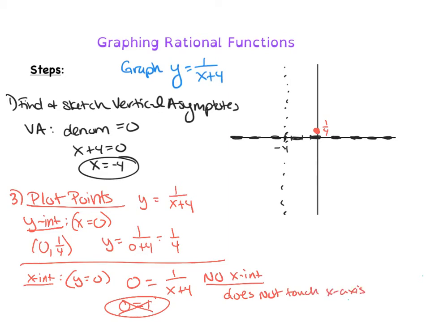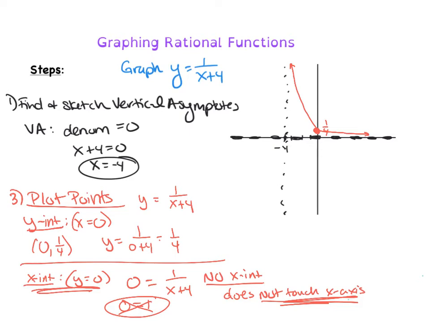So up here where we have y equals 1/4, we know a lot of information now. We know that the graph has to get closer and closer and closer to that horizontal asymptote. We know that it can't cross the horizontal asymptote because it doesn't touch the x-axis because there was no x-intercept. We also know that the graph has to go up this way, getting closer and closer to that vertical asymptote. So there's only one other piece of information. We need to figure out what happens on this side of the